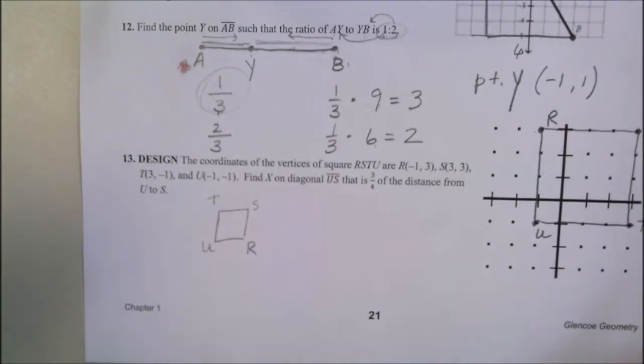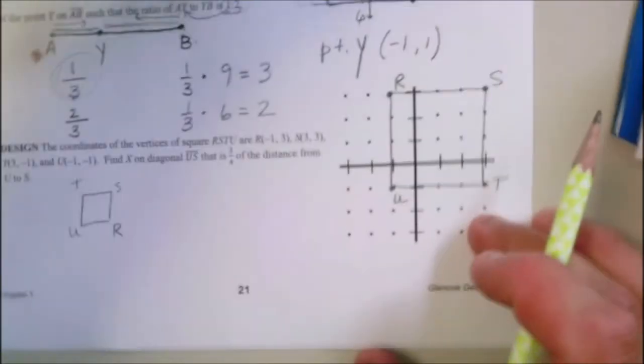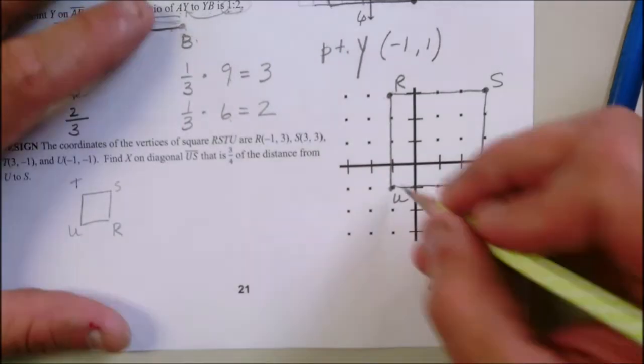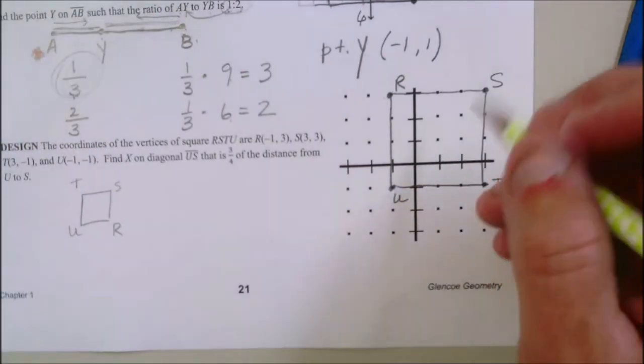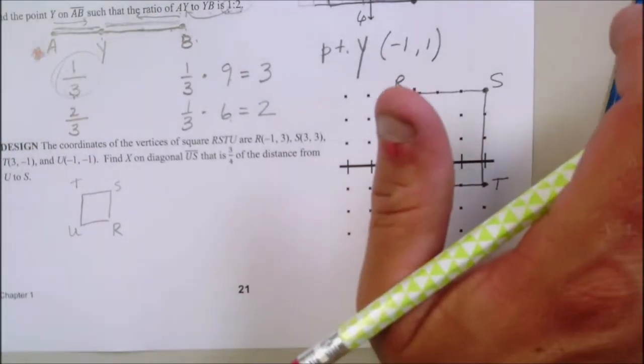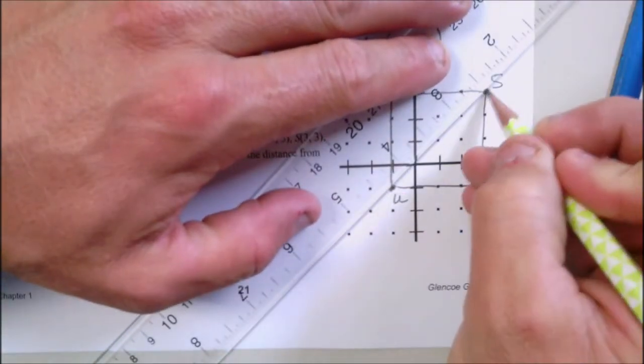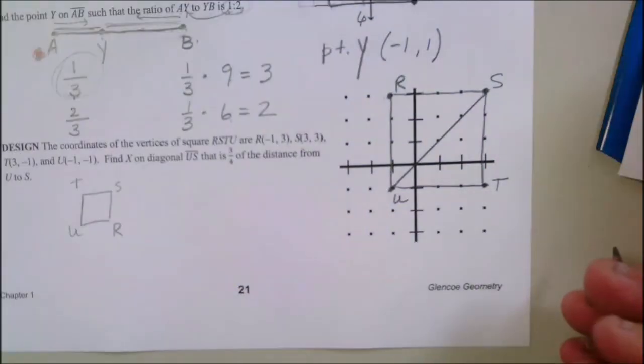Okay, so from there, we're told this: find X on diagonal US. So this diagonal right here, I should have my straight edge with me. Okay, find on that diagonal,